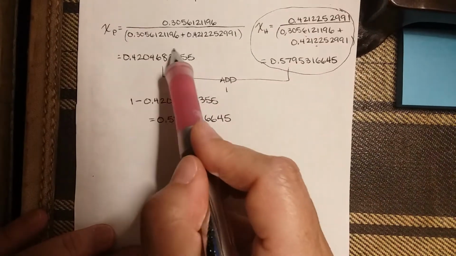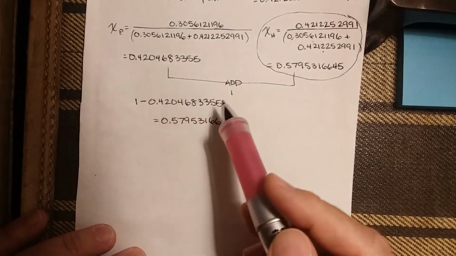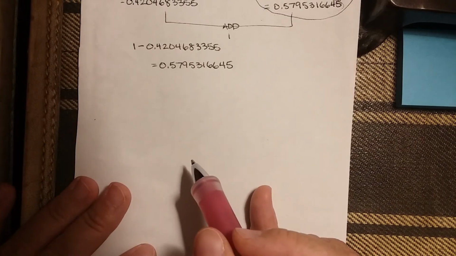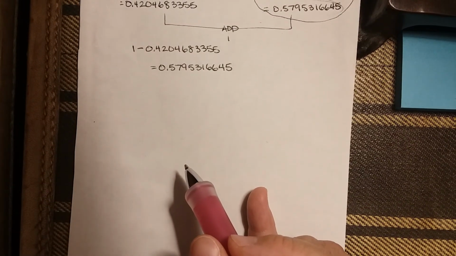Okay, so now we've got our mole fraction for pentane, our mole fraction for hexane, and we're ready for the, what's it called? Raoult's